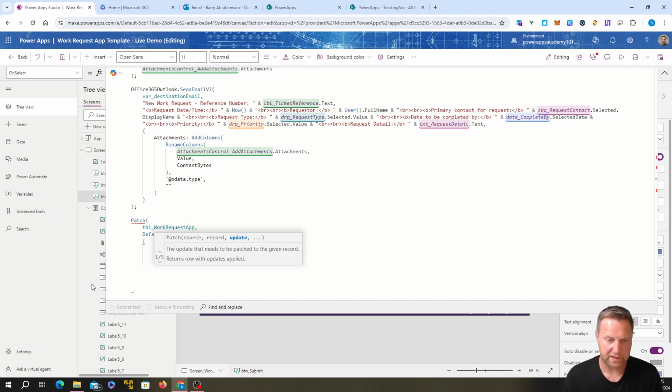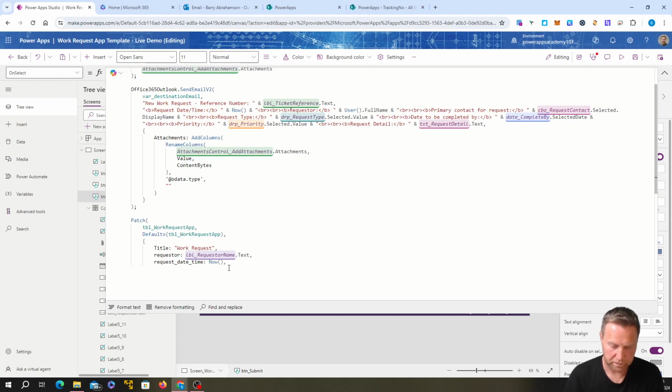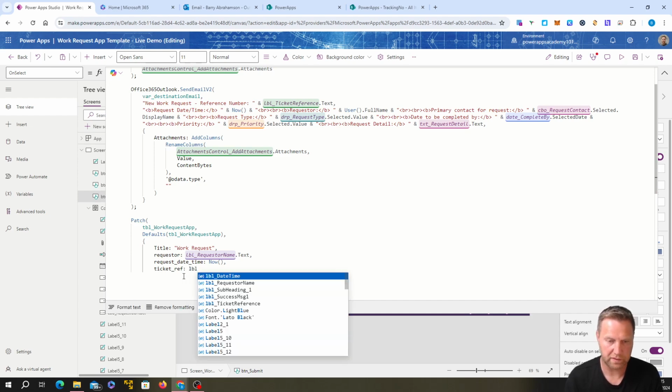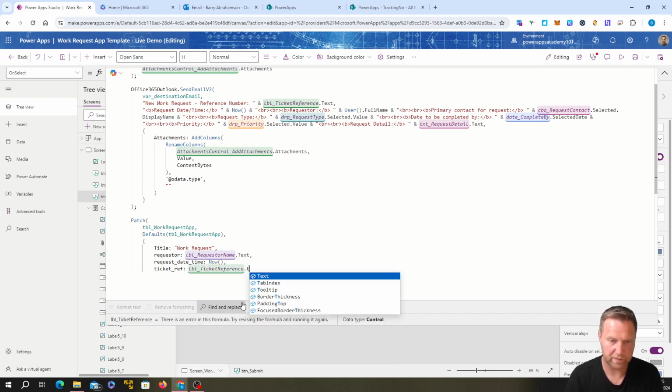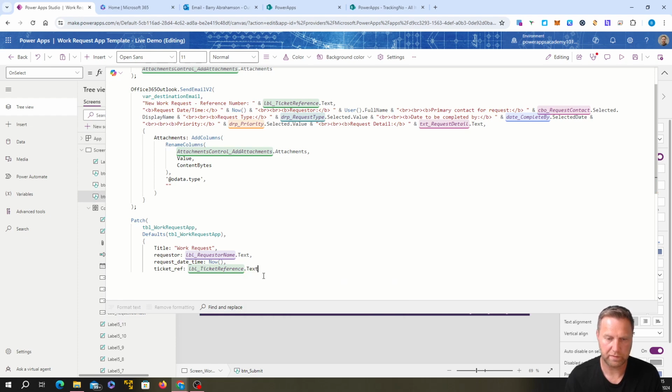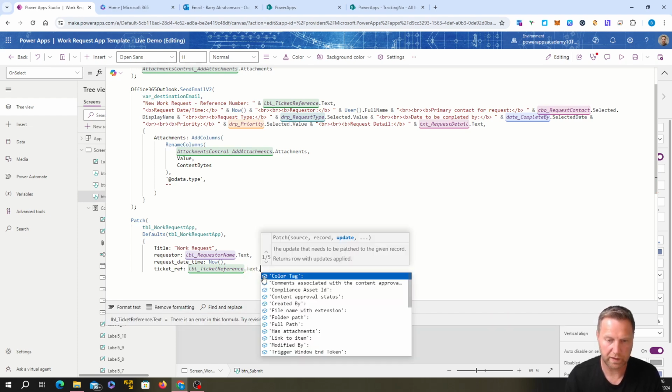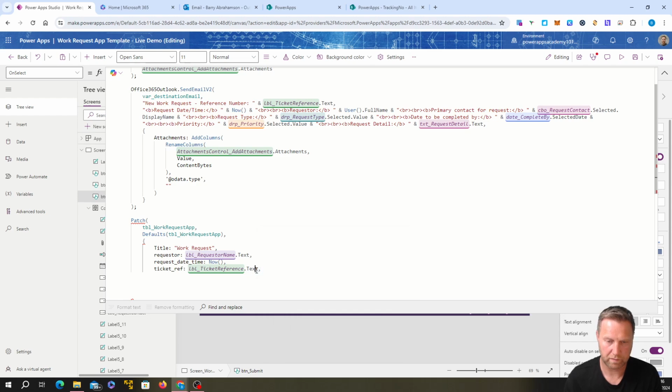next is the ticket reference number. We want to put it in there. Ticket reference is the label ticket reference dot text. Okay, comma. Okay,